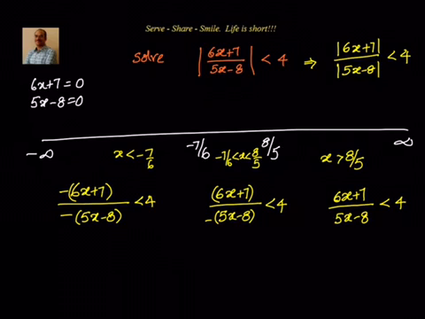So what we did now is divide the number line into three parts. We will find the solution for x less than minus 7 by 6. What will be the solution when x is between minus 7 by 6 and 8 by 5? And what will be the solution when x is greater than 8 by 5? Then we will add all of them. Before doing that, let us try to simplify this. I can see cases 1 and 3 are the same because minus and minus will cancel. So both of them will give me the same